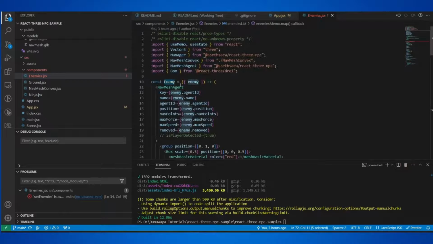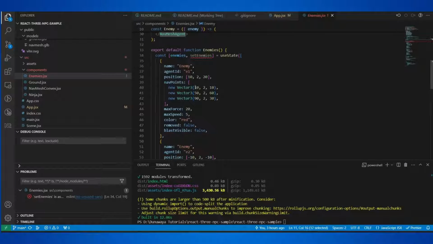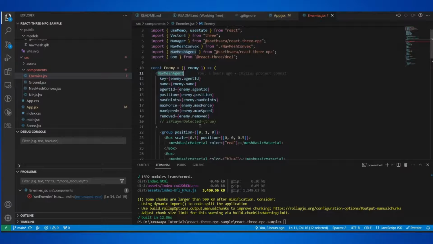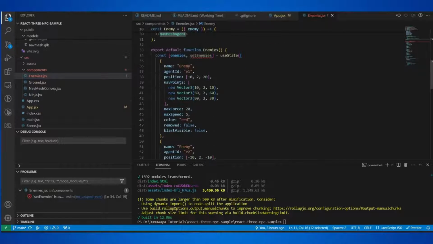You can see I use this Navmesh agent. It is a very important one. This is where I have to do all this configuration for this agent. So it's enemy. When it comes to it, I pass these values, the values I mentioned here, down to this Navmesh agent. And here you can see the name should be enemy, so it identifies to the system that this is the enemy. Currently it only supports enemy, but I am planning to do more things and add other kinds of